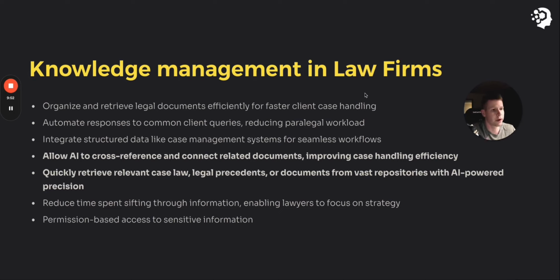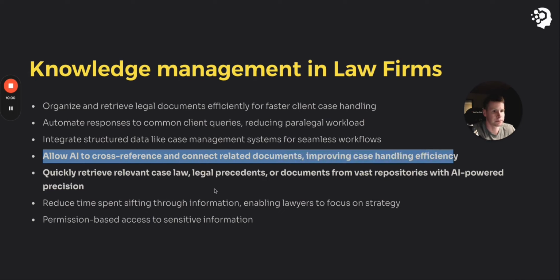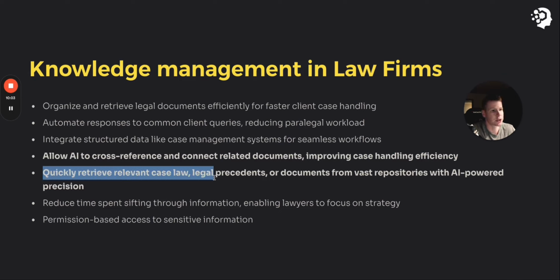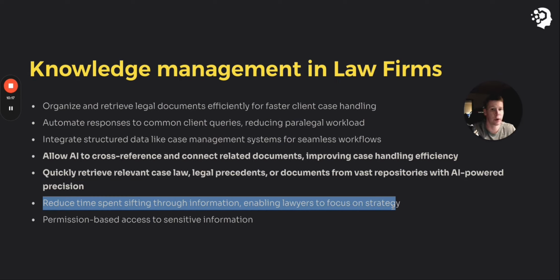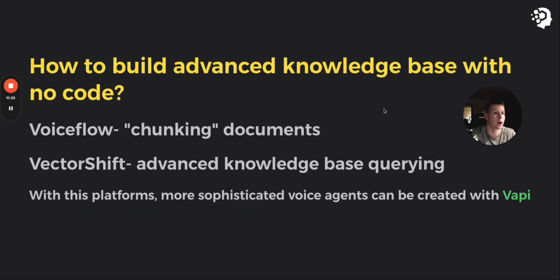And with a more advanced knowledge base, it would be much quicker and easier to allow the AI to cross-reference and connect related documents, improving case handling efficiency, right? Quickly retrieve relevant case law, legal precedents, and documents from vast repositories with AI-powered precision. So this would just reduce all the time spent sifting through information, enabling lawyers to focus more on strategy, going into court, and crafting their plan of attack, really, which is what the most important lever movers are within the legal industry. So how would you go about building one of these advanced knowledge bases with a platform with